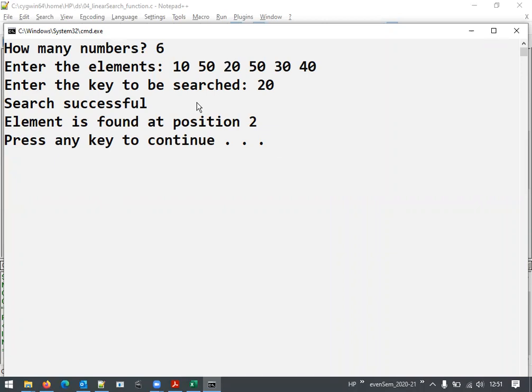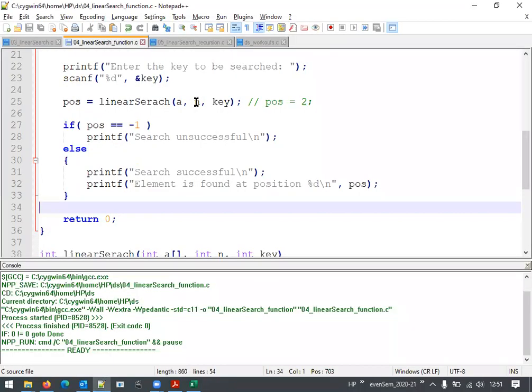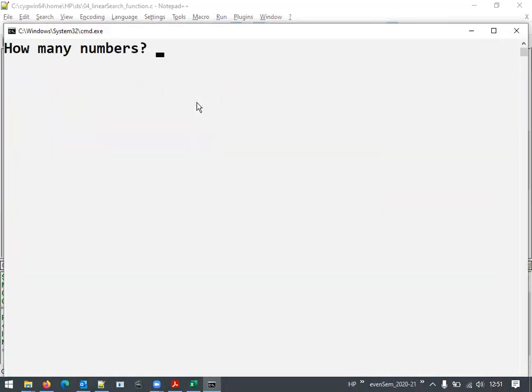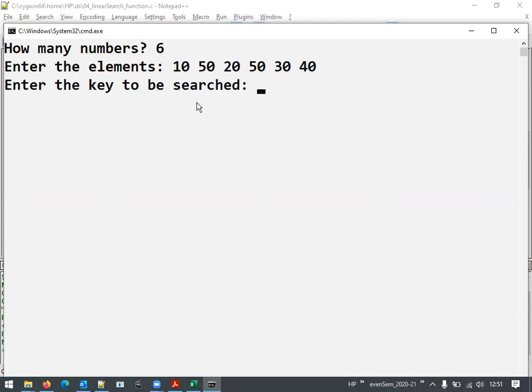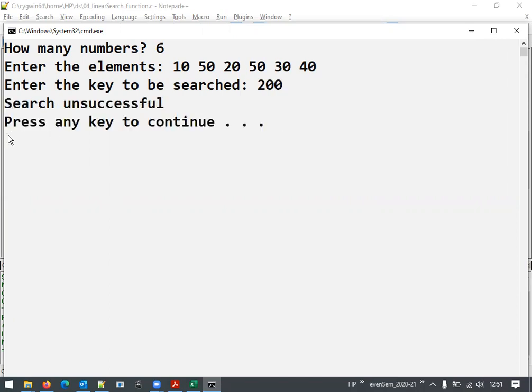Let us re-execute the program, and this time enter an element which is not present in the array. The number of elements again is 6: 10, 50, 20, 50, 30 and 40. And the search element is 200. Enter. Now it says search is unsuccessful.